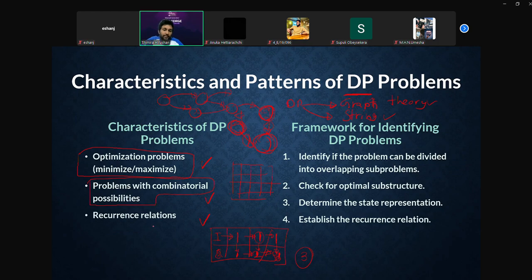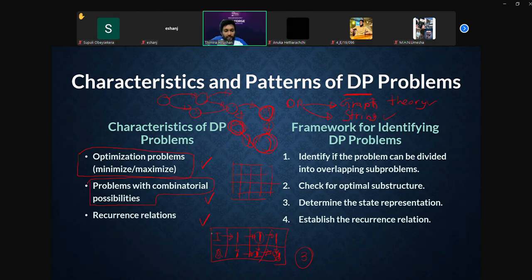So this is another thing. Another thing I forgot: if we have this kind of problem, I just use this to demonstrate it. But in this case, if we are finding the shortest path where you can only go down and right,